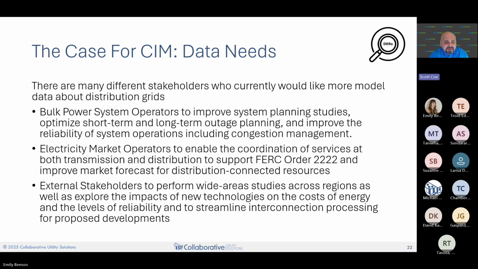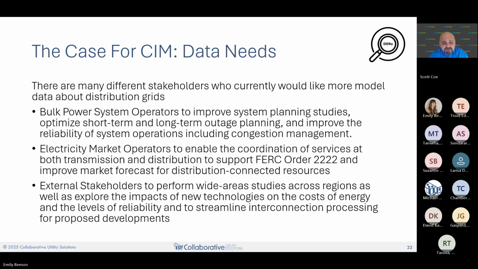Okay, so that was a little bit on what the CIM is and why you might think about it. And there are many different stakeholders who would currently like to know more about distribution grids today. And this is where we're getting into now sharing some of this data externally.